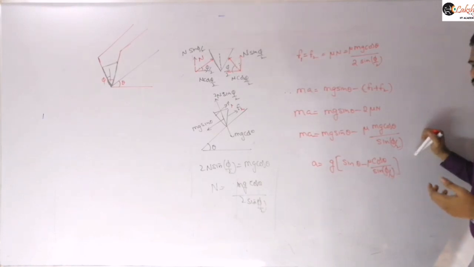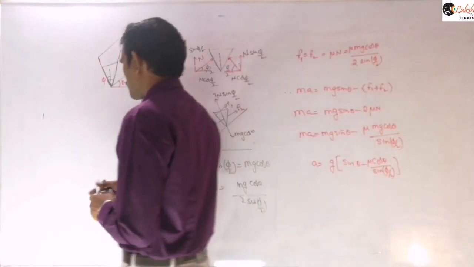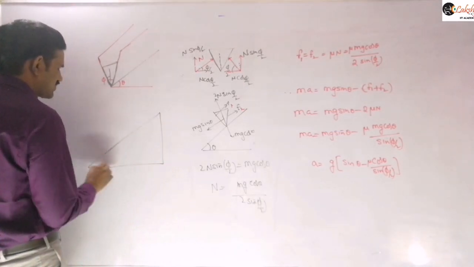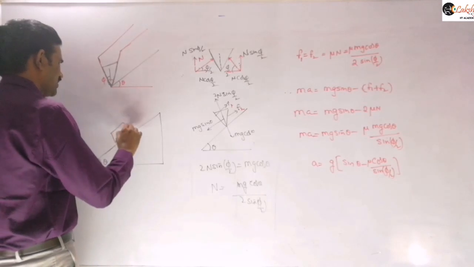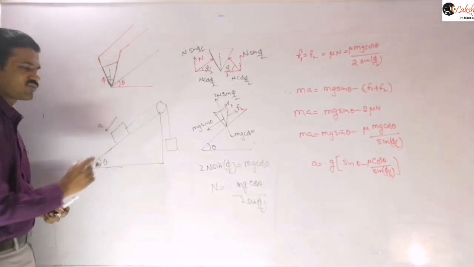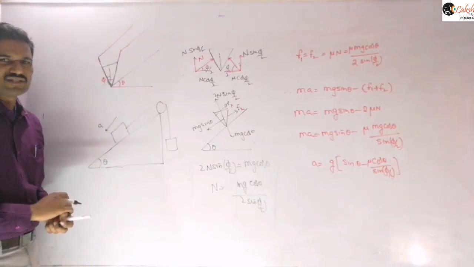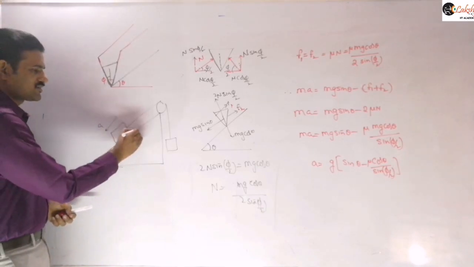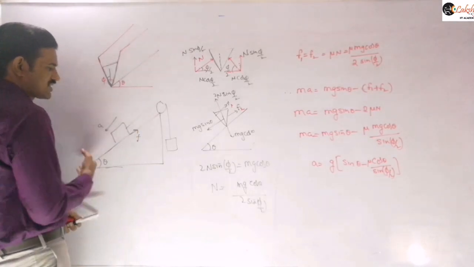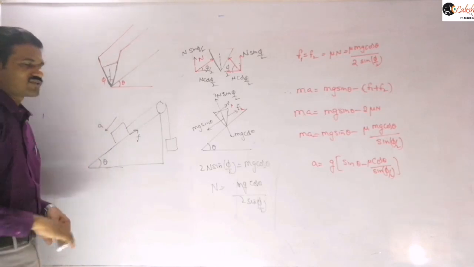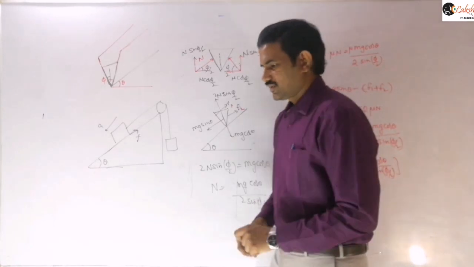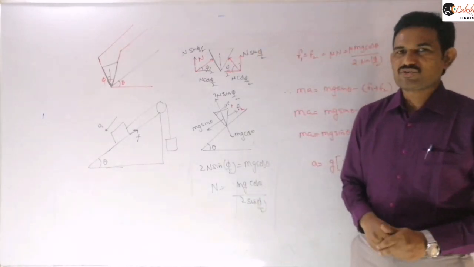And even if pulleys and blocks are connected based on the inclined plane concept, you can apply the same inclined plane concepts there. Along with that, you need to write constraint relations, like if a block is connected here and this block is connected like this, and it is for example accelerating down here. We already solved it for a smooth surface. Now additionally the frictional force will be there, acting in this backward direction. If the system is accelerating like this, then the frictional force will act in the downward direction, right?